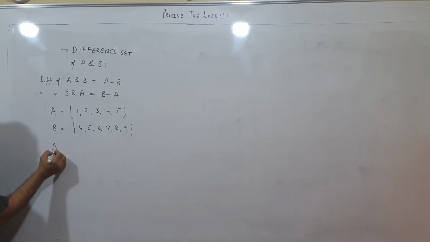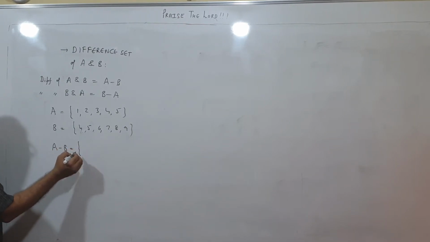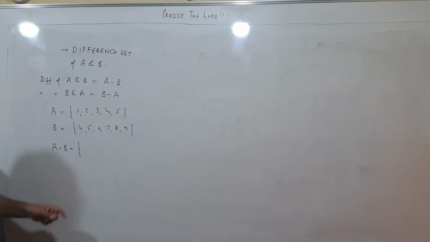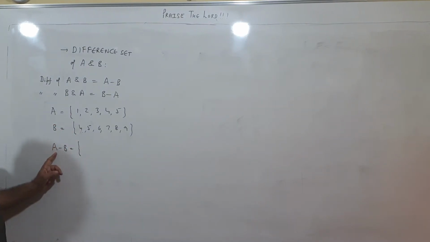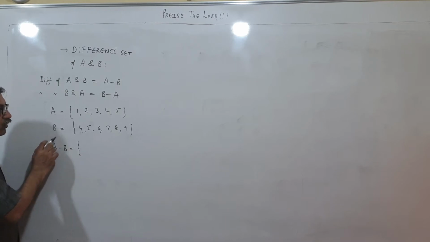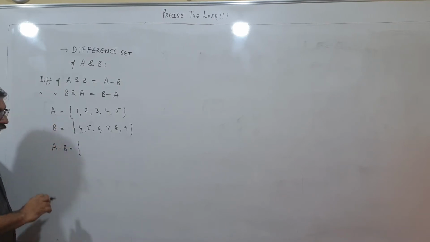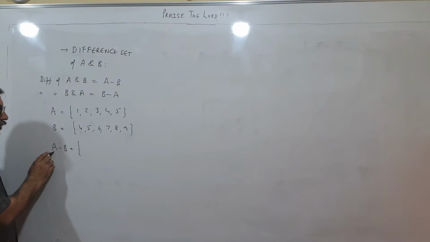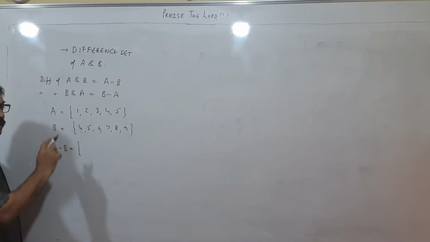I want A minus B. How to get A minus B? Children, you see the elements of A because A is first over here. So I will keep my eyes on the elements of set A. If this element is present here, I won't write it because it is getting subtracted. So it will be diffused. I will not include it in A minus B. So first is A, so I look over here, I don't look over here. I will look at A because A is first, then comes B. So first I should write it over here.